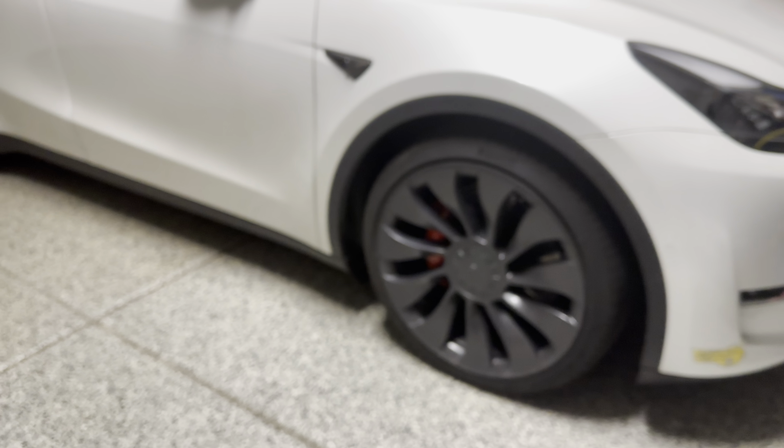I'm trying to find run flats. I know that run flats are sometimes not as smooth, and they're also noisier, but it gives you the peace of mind. But I can't find any 21s run flats, at least for the 275 or the 255s in the front. If I can, I don't mind paying that price or a little bit more just for the peace of mind. If you know any,